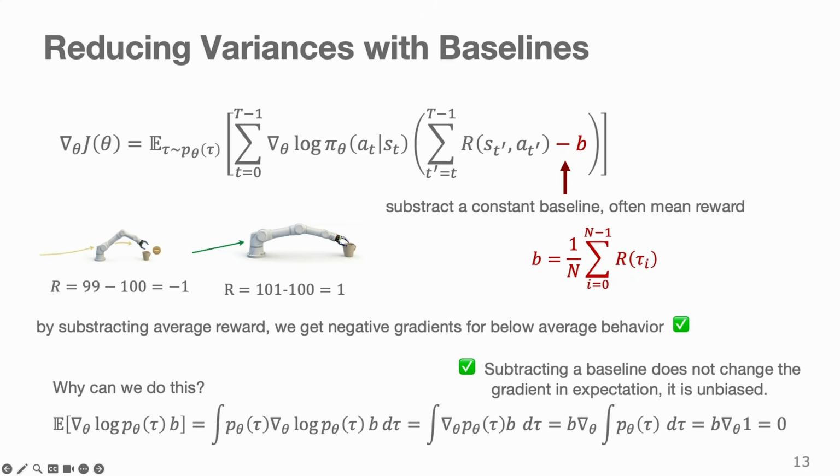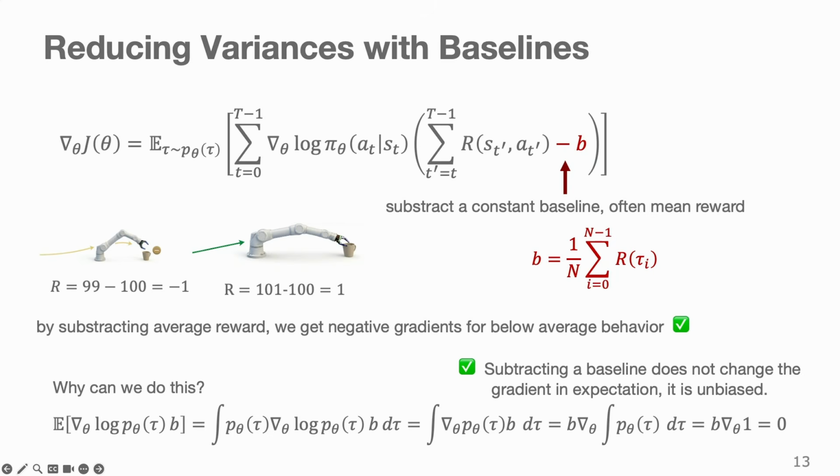And now the reward for our first trajectory would be -1, and the one for the second one would be +1. And now the gradient does exactly what we would like it to do, which is that it suppresses the overshooting behavior on the one hand and reinforces the good, the perfect reach behavior, right? So that's really what ideally we want to be doing.